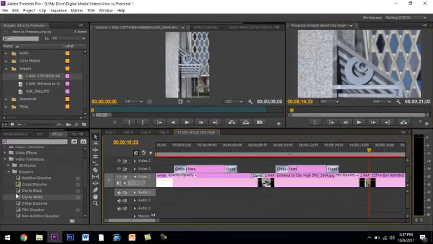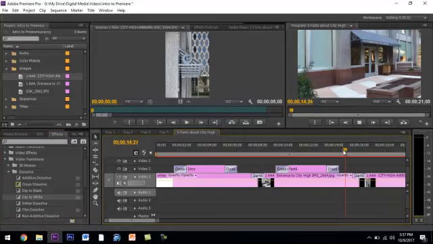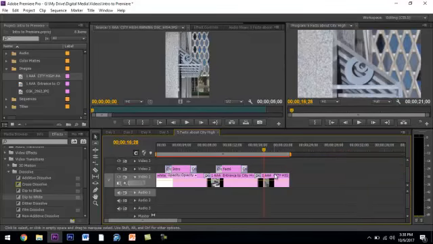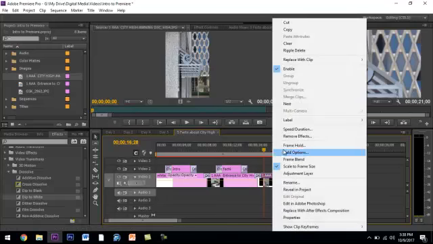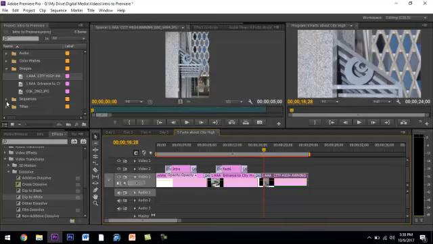And now if I take that same dip to white transition and put it in between the first image and the second image, it actually does a dip to white. And you're going to repeat this same process. You're going to right click on the second image, change the speed to 8 seconds long, choose OK, and continue